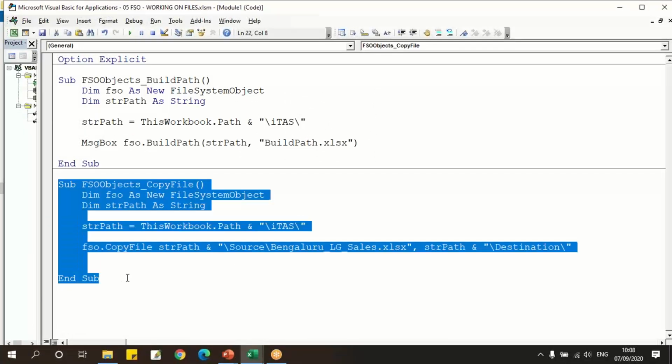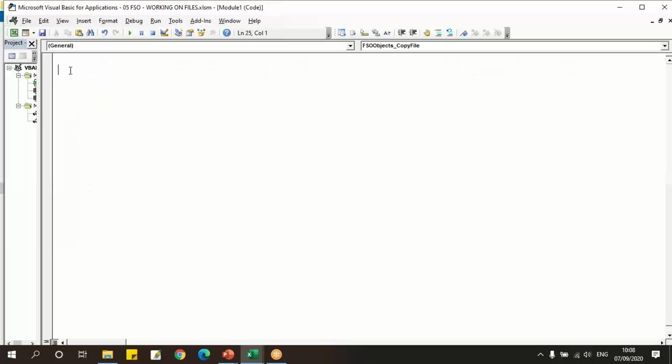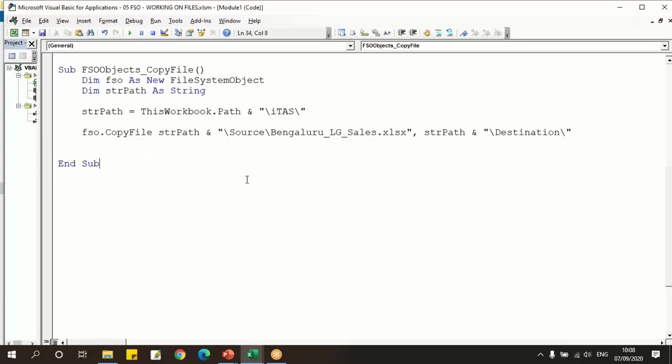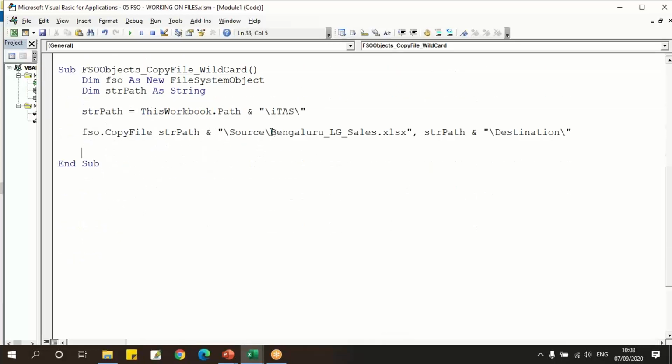So we'll go here, we'll use wildcard. In the previous chapter we have used wildcard for folders. Now we'll see how we can use this for files. Say wildcard. Right. Now here the function will be similar to this, but here what we'll do is we'll say source,